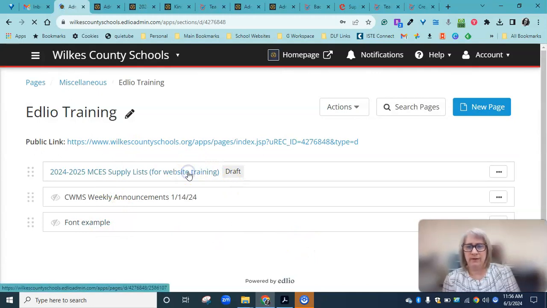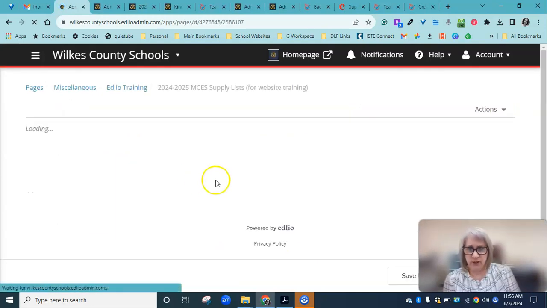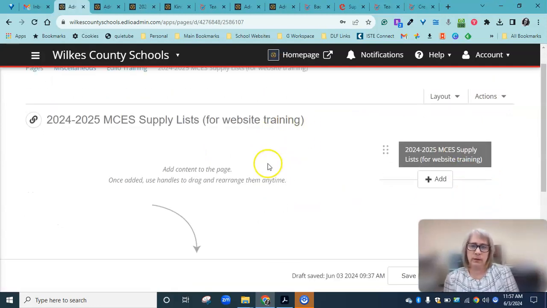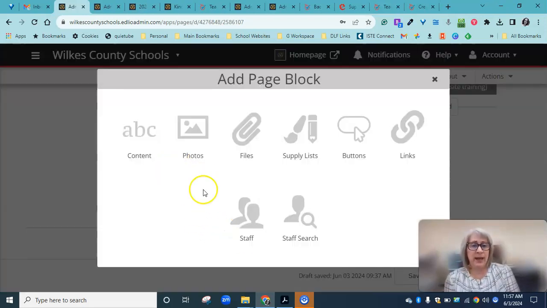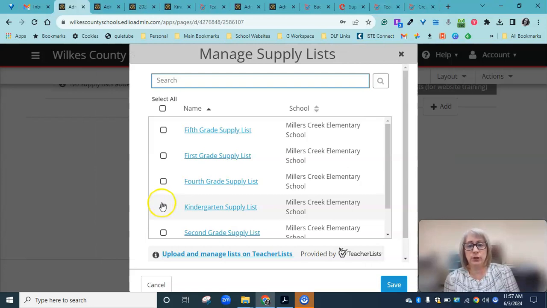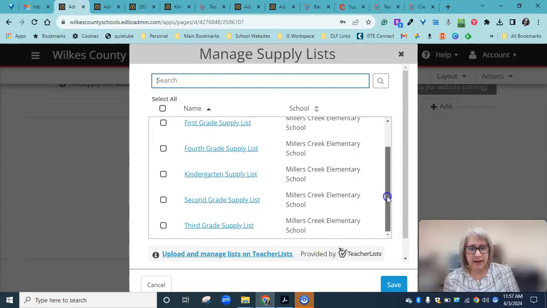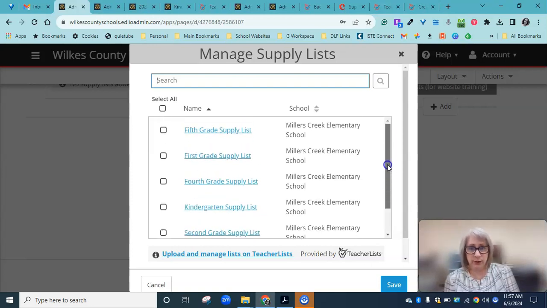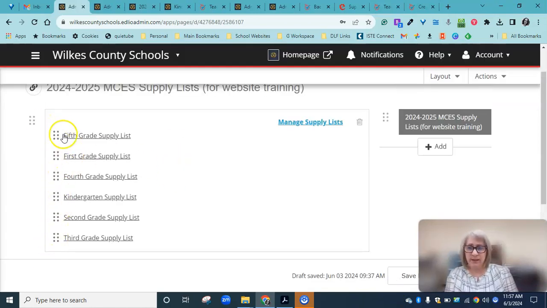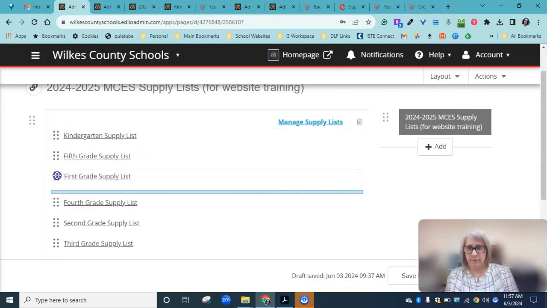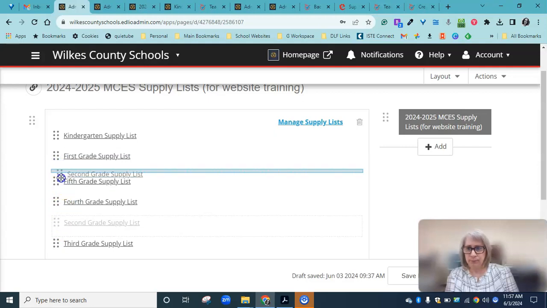Okay. And so if I open a page that I've started for supply lists, then I can use page blocks to build out the supply list. So I can click Add and go to Supply Lists and add this feature block. It's going to show all of the published lists that I have connected through from TeacherLists through Edlio. So I can click all of them and save. And then notice once they come in, they all have their own little handle, and so I can rearrange those. So I can have kindergarten first, second,